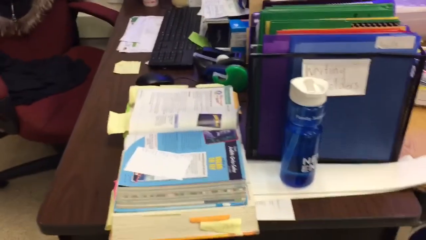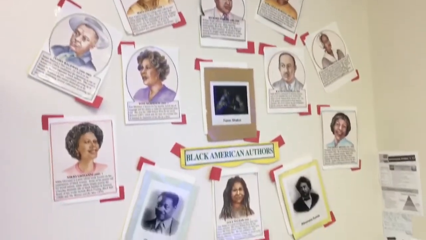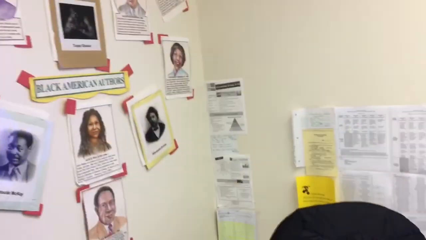This is my section. This is how I stay organized. My desk is a little junky right now. Smart board, school calendar, need to stay focused when days are off. Hallelujah. Okay, I also have my writers up here. They influence me throughout the day. Okay, then I have my past